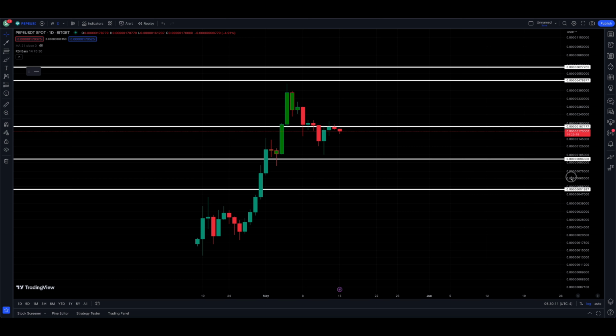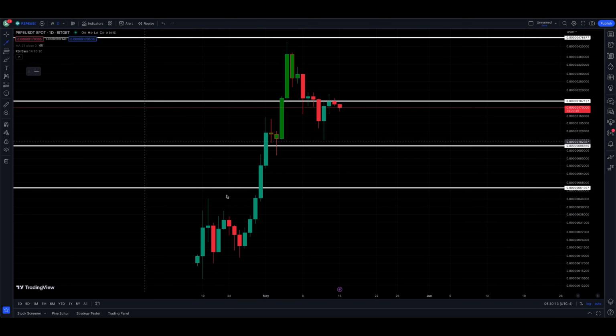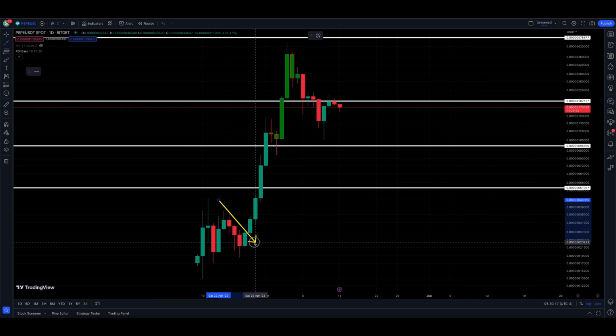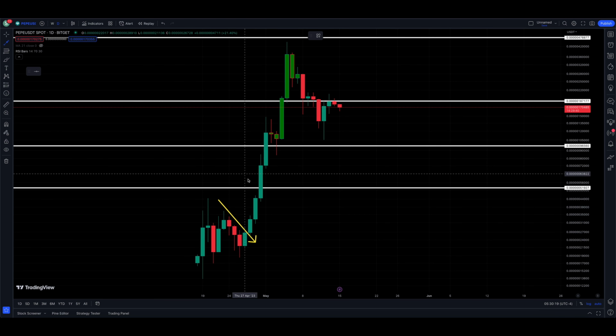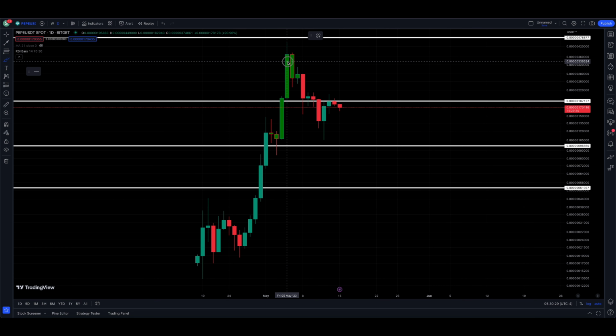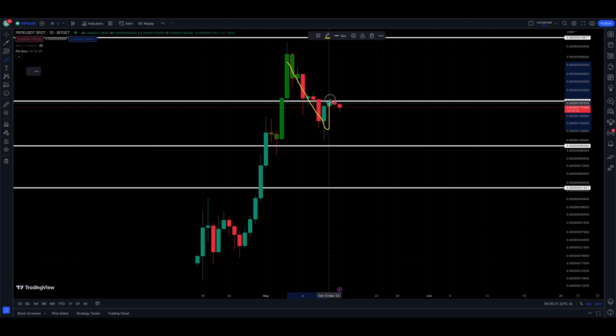We saw that, let me fix this again. We saw that back in here, you know, not perfect again. You did like a little wedge pattern here. We saw it break to the upside. So let me get rid of that. So keep that in mind. That's one scenario here. We've pulled back, wedged up, pulled back. So, you know, maybe it's today, maybe it's not today, but so far it's safe to say that we have